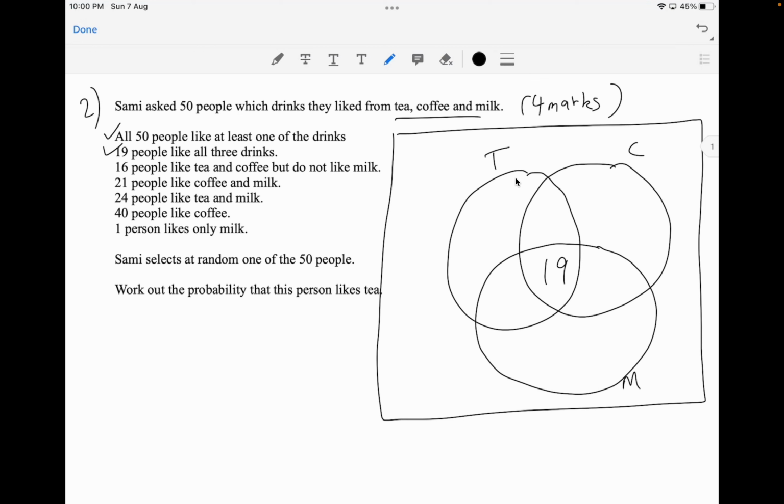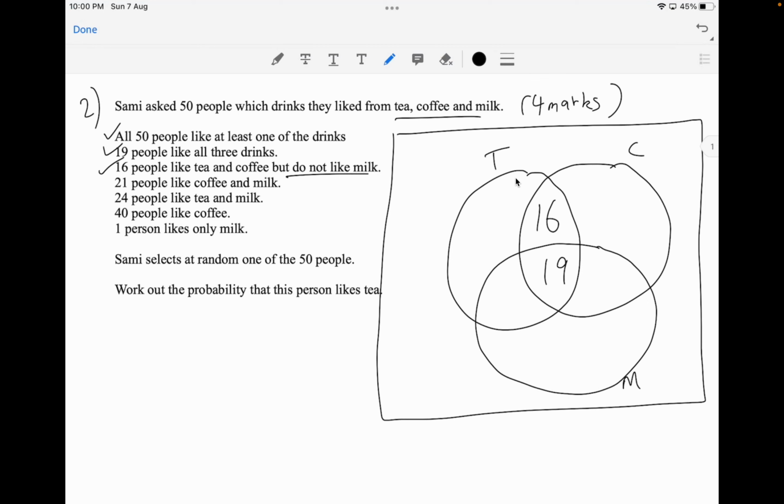But remember, you guys have to be careful. You have to carefully read the question, okay? They're stating here that 16 people like tea and coffee, but they do not like milk. That's a clear indicator that 16 people like tea and coffee only. So we're not going to deduct 16 from 19. There's nothing like that. We're going to leave 16 just as it is. So we're not using subtraction in this type of question, but we're going to use subtraction later on for these